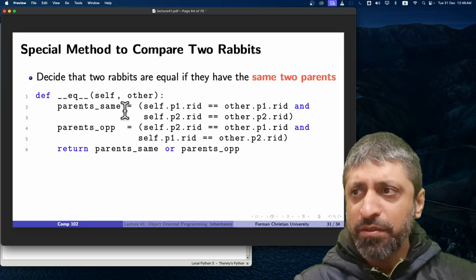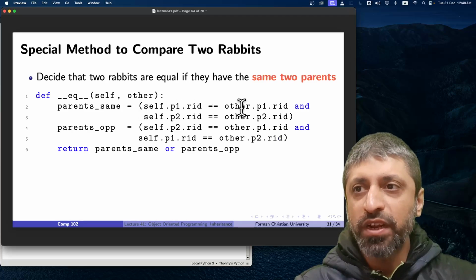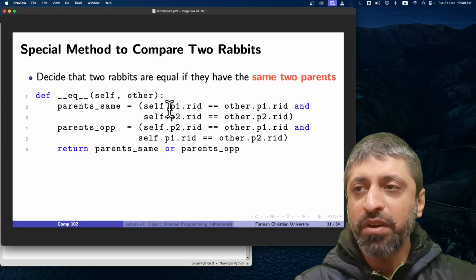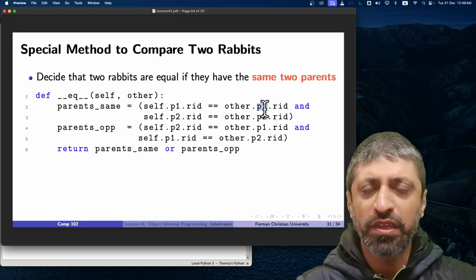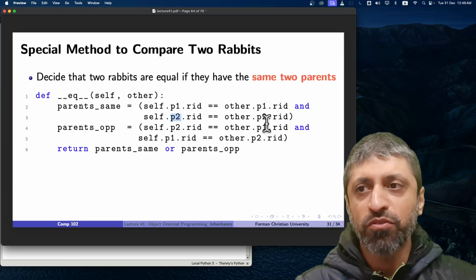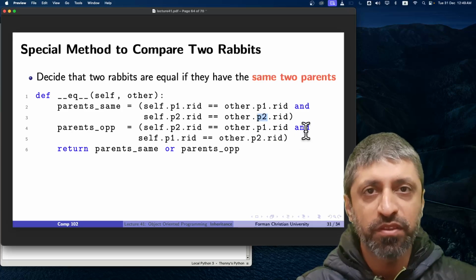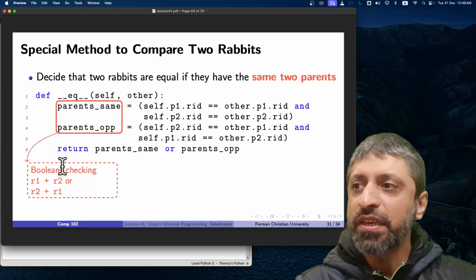अब यहाँ पे देखें, हम कंपेयर करेंगे पहले रैबिट का पहला पेरेंट और दूसरे रैबिट का पहला पेरेंट अगर सेम है, और सो फॉर एग्जांपल अगर पहले रैबिट का पेरेंट है अली और दूसरे रैबिट का पेरेंट is also अली, और पहले पेरेंट का जो दूसरा पेरेंट है फातिमा और दूसरे रैबिट का दूसरा पेरेंट is also फातिमा, we say these are siblings, they are equal. लेकिन इसमें एक कैच है, वो ये है कि R1